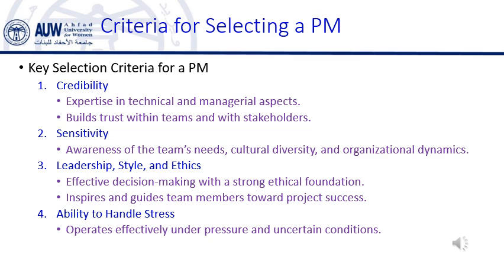Example: for a software development project, a PM would need to have knowledge of software development processes like Agile or Scrum, as well as understanding technical terms and challenges faced by developers. This technical understanding helps the PM communicate effectively with the team and make informed decisions. This ties back to our earlier lessons on resource management and team management. A PM who understands the technical aspects can better allocate resources and manage expectations.